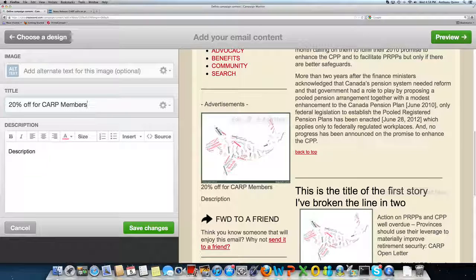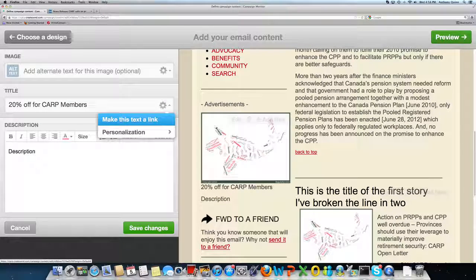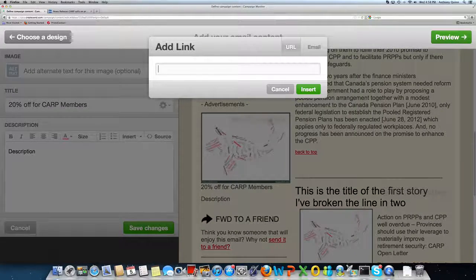And this can be something that they're offering CARP members. And in this sprocket here, click that, and we can make it a link so it goes to their website. Click there,